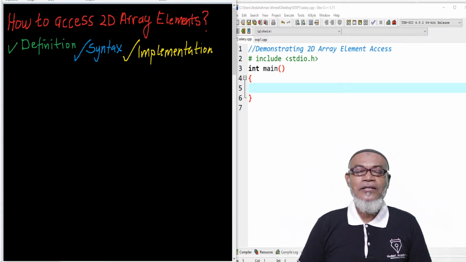In our last lesson, we discussed multidimensional arrays. We have seen that multidimensional arrays are the ones which have more than one dimension. An example, there were many of them: 2D array, 3D array, 4D array, up to ND array. And onto that, today we are going to discuss